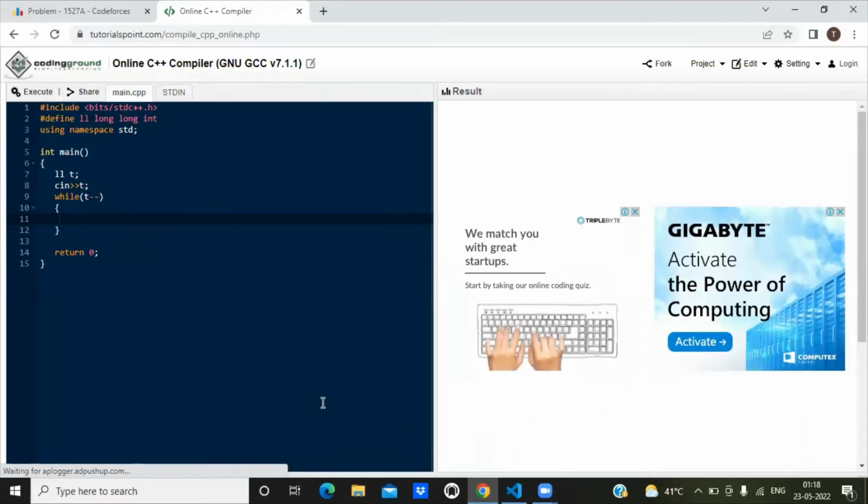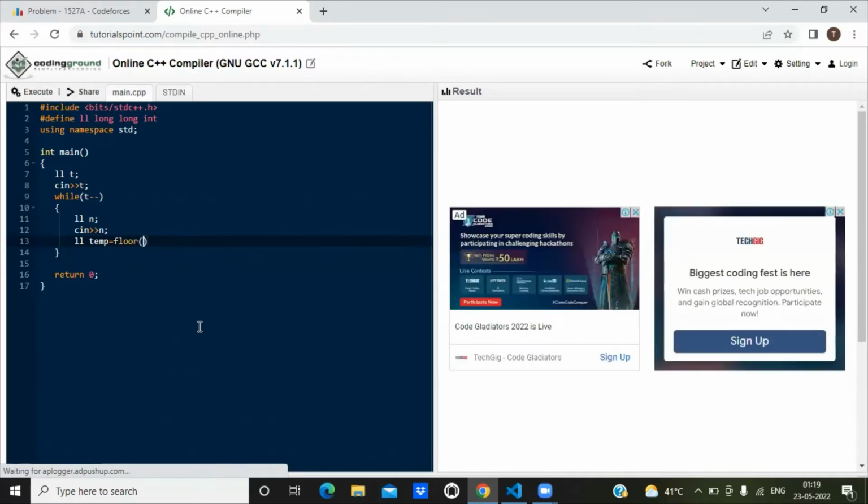Okay, so now let us code the solution. First we need to take the input for n. Then let us take a variable temp. We need to find out the maximum power of 2 which is less than the given n. So we can do it. Let temp be equal to the floor of log base 2 of n, then answer is equal to 1